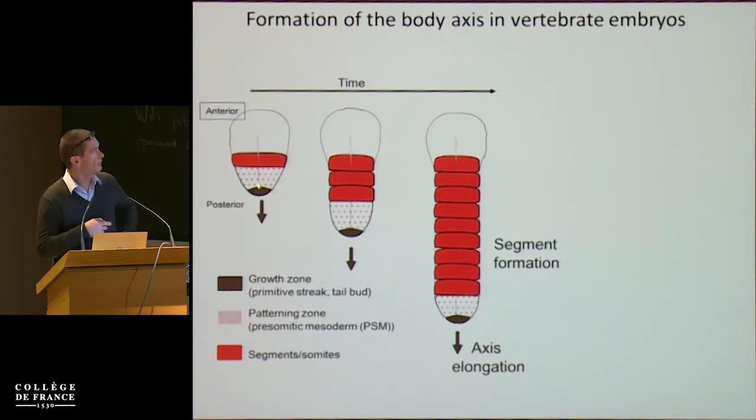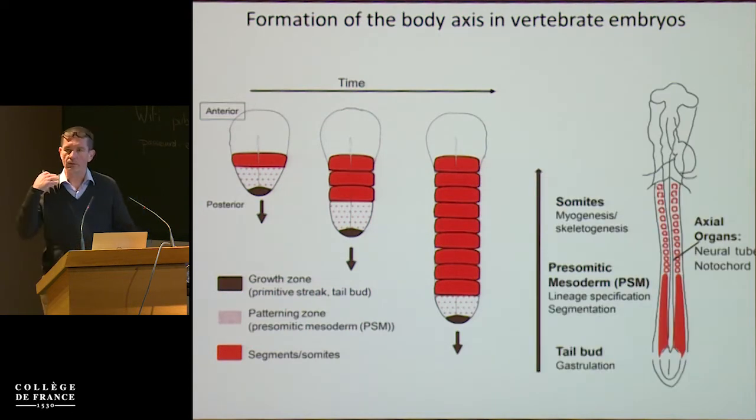And so this growth zone produces cells which contribute to increasing the volume of the embryo, and that become patterned into this stippled area, so what I call here patterning zone, and eventually they acquire some kind of morphology, like for instance shown here for the segments, which in vertebrates are called somites. And so this process is ongoing, and so the progressive addition of tissue is called the axis elongation,